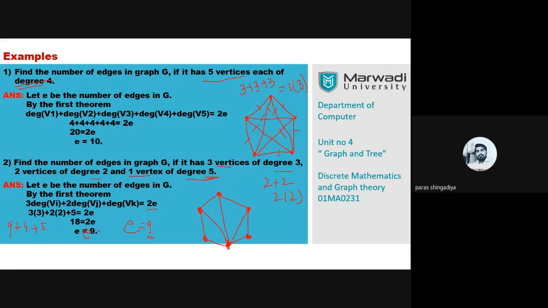So we now draw 3 edges in such a way that the degree of 3 vertices is 3 and the degree of 2 vertices is 2 and 1 vertex becomes 5. Clear? So now we have to create 3 edges in such a way that from the single vertex we have to connect the remaining 3 which have degree 3, and this vertex will become degree 5. Clear? So that now 3 vertices have degree 3 and these 2 vertices have degree 2 and this 1 vertex has degree 5. Clear? So that is one vertex with degree 5.